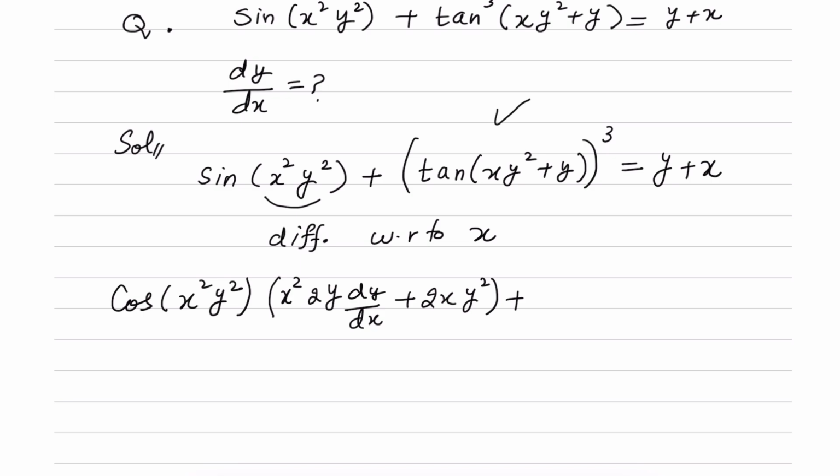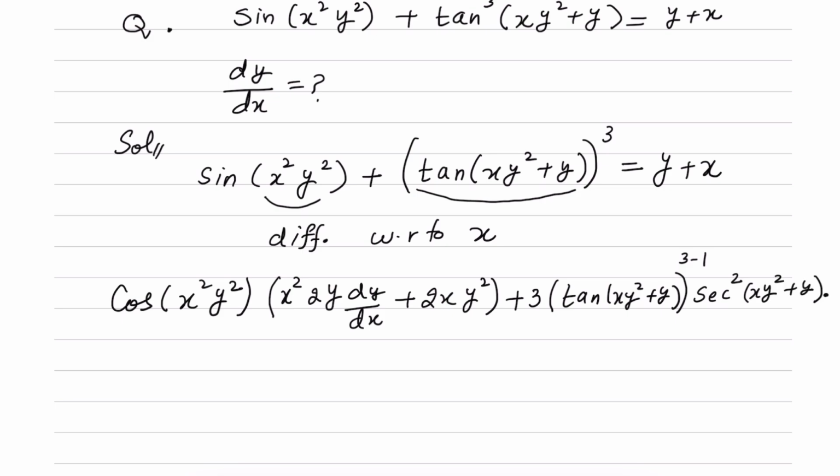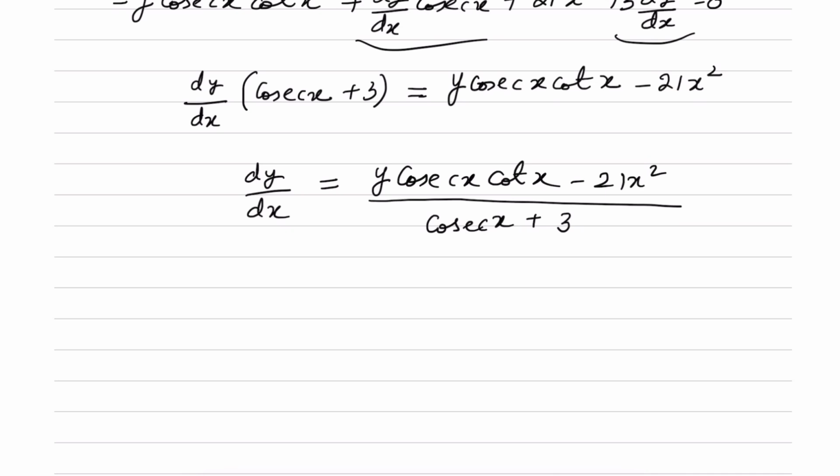now we have to find the derivative of this term. This term has the whole power 3. So first we will apply the power rule, which gives 3(tan(xy²+y))^(3-1), and now the derivative of the inside term, which is tan(xy²+y). The derivative of tan of the angle is secant squared of the angle. So we have sec²(xy²+y), and then the derivative of the angle